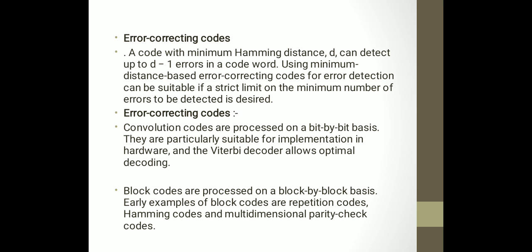So the next one we have to discuss is the error correcting code. In the error correcting code, they introduce the Hamming distance. Before talking about the Hamming distance, let us see how to calculate it. So we are delivering the data